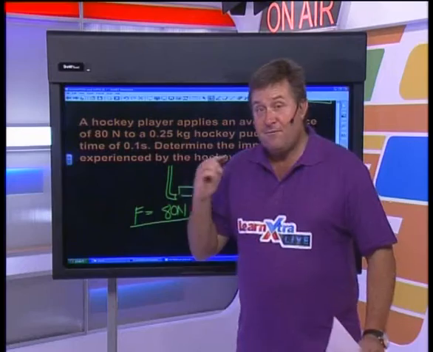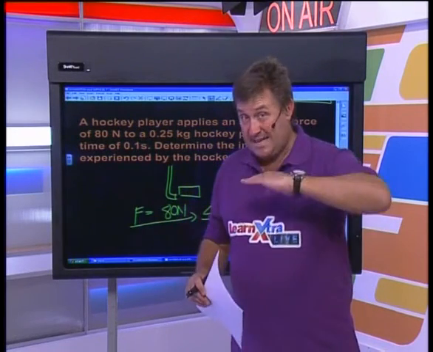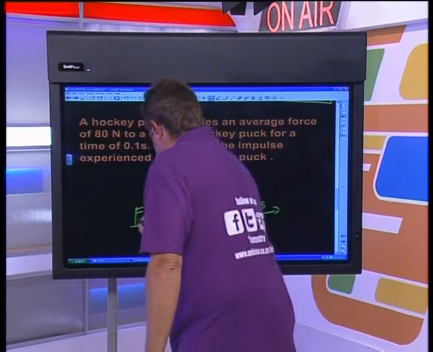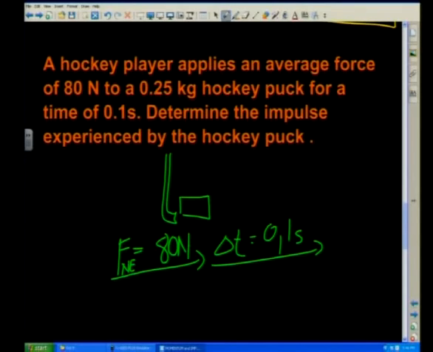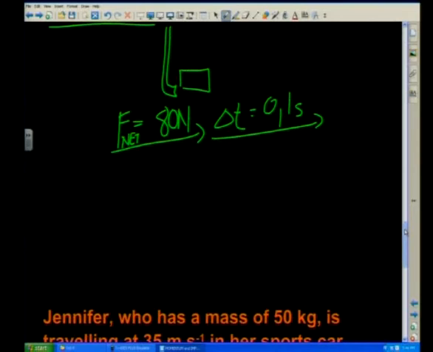Now, guys, that force is what's going to accelerate that hockey puck, because that hockey puck was dead still. Now, we're going to accelerate it. So this has to be now a net force. Why is it a net force? Because it's the force that's going to cause the hockey puck to accelerate. So therefore now, they want us to work out the impulse experienced by the hockey puck. Now remember, guys, that impulse,